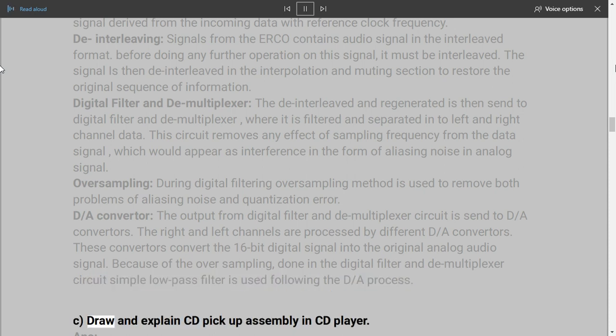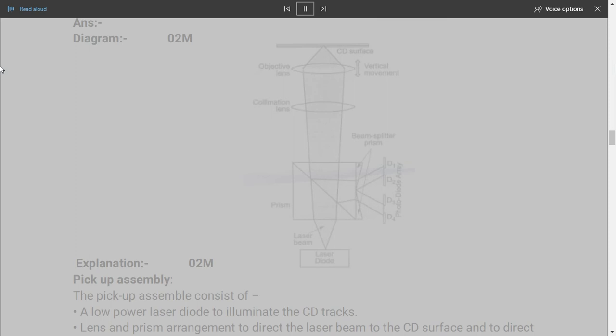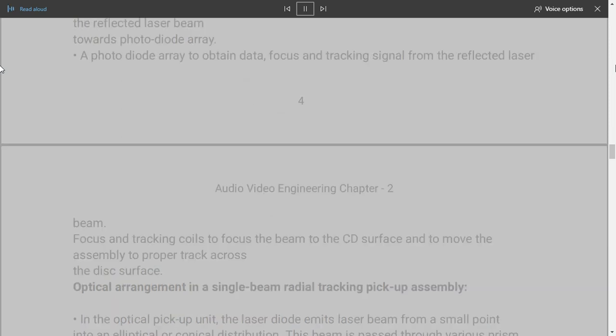C. Draw and explain CD pickup assembly in CD player. Answer: diagram 2 marks. Explanation 2 marks. Pickup assembly. The pickup assembly consists of a low-power laser diode to illuminate the CD tracks, a lens and prism arrangement to direct the laser beam to the CD surface and to direct the reflected laser beam towards the photodiode array, a photodiode array to obtain data, focus and tracking signals from the reflected laser